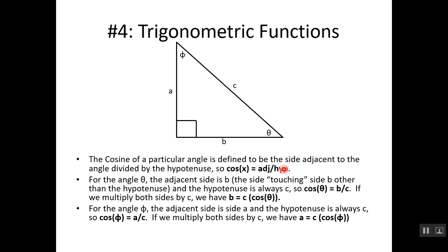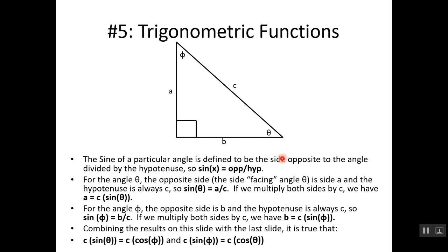There, does everyone understand cosine? Specifically people who never had trig before. Well, we'll do some examples. Hopefully people that don't have trig understand it after that. Okay, so then